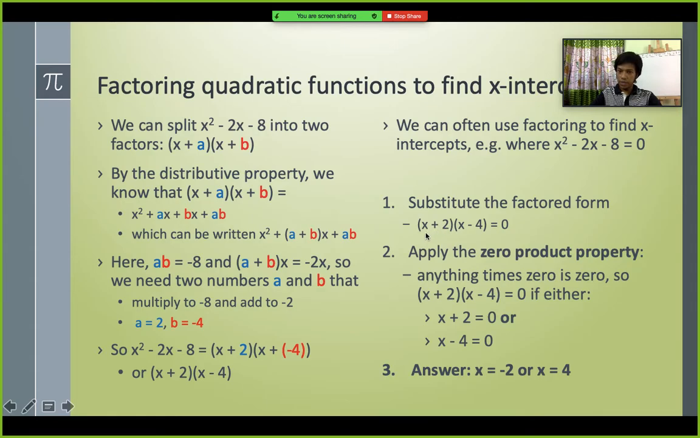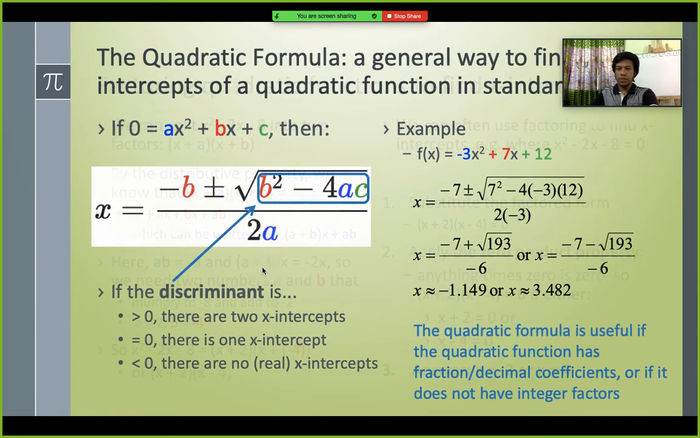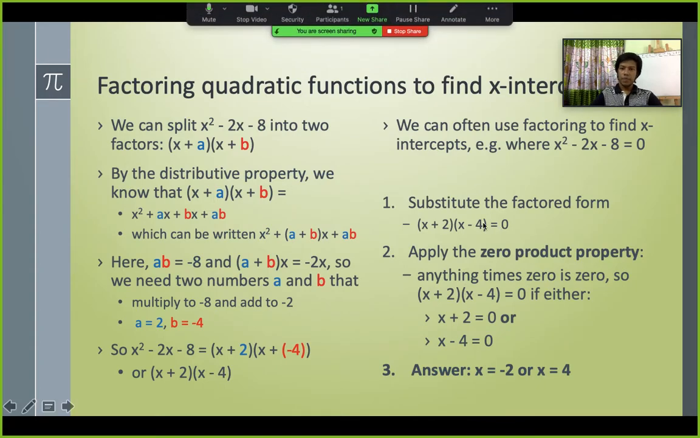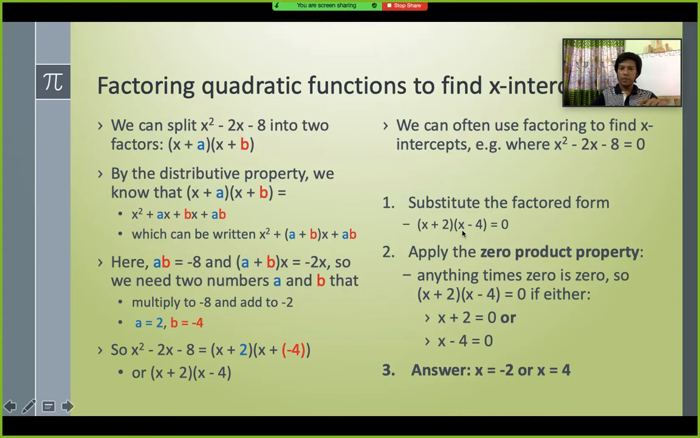As you know, if there is plus 2, then minus 2 is the real zero. x minus the real zero means the x-intercept. If this is x minus 4, the answer is actually plus 4. Then that is the x-intercept. This is middle term factoring. We call it middle term factoring, or